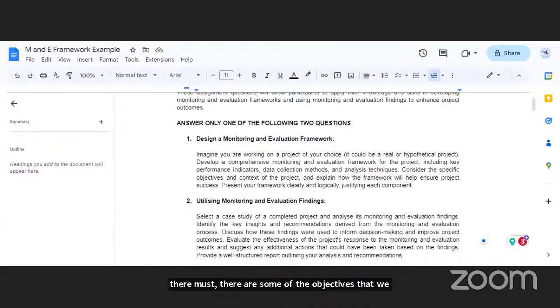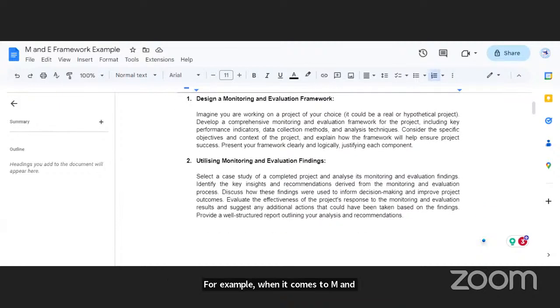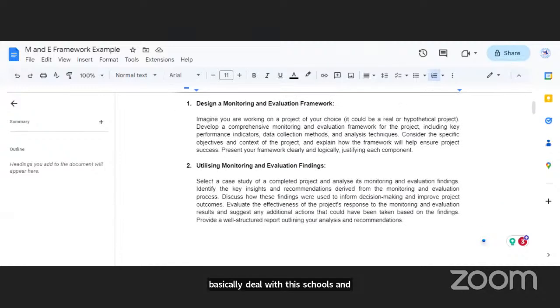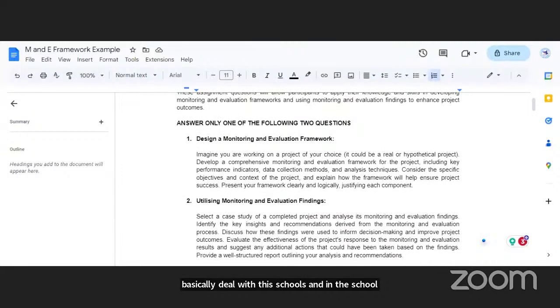For example, when it comes to M&E, somebody like me basically deals with the schools, and in the school there is a number of boys and a number of girls, and when you want to sum up this number of boys and girls and some dropouts, there is a particular formula that should be used.